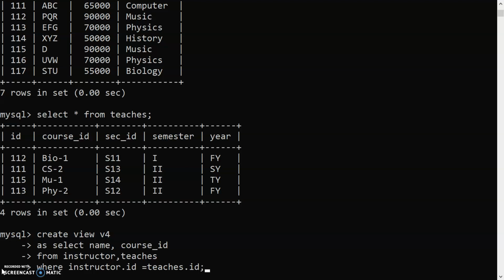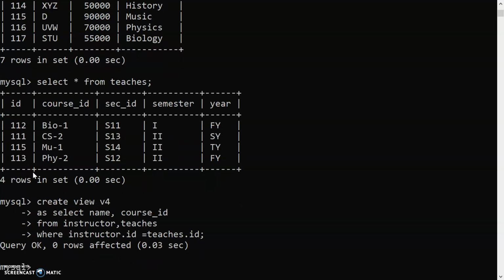Whenever we retrieve records from two tables, both tables should have a common attribute. Here id is a common attribute in the instructor as well as the teaches table.